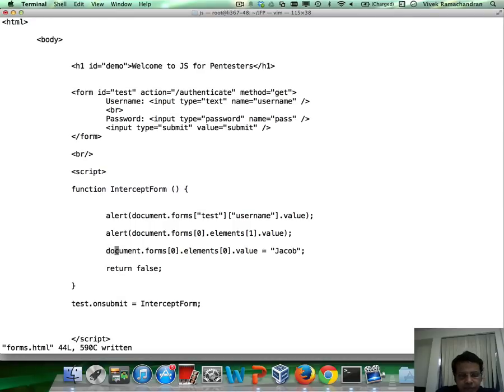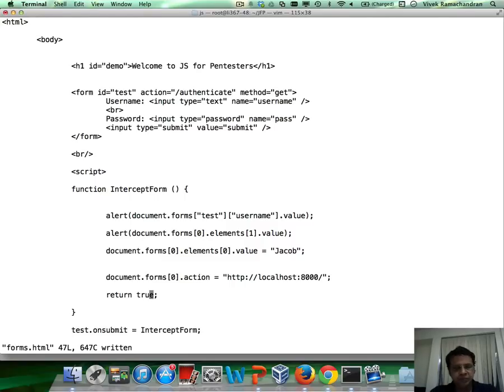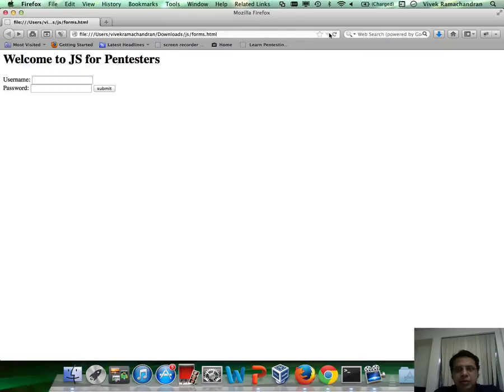Go back in here. Now, all we need to do is change the form action, which currently points to /authenticate, to the URL which we desire. So we can do a document.form0, copy it, paste it in here, .action equals our URL, let's say localhost 8000, and that's it. Now, of course, we would want the form to be processed, or rather submitted, so let's return a true. Now I can go back in here, refresh the page,